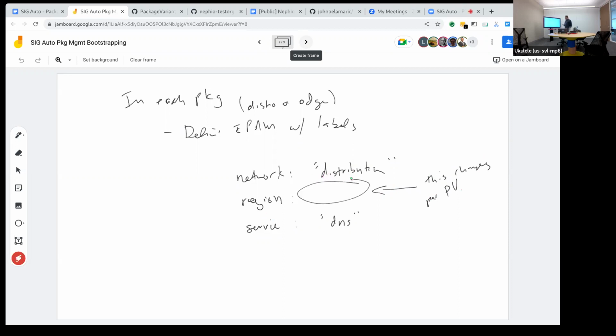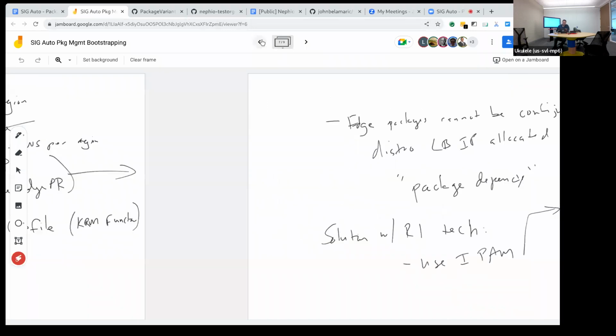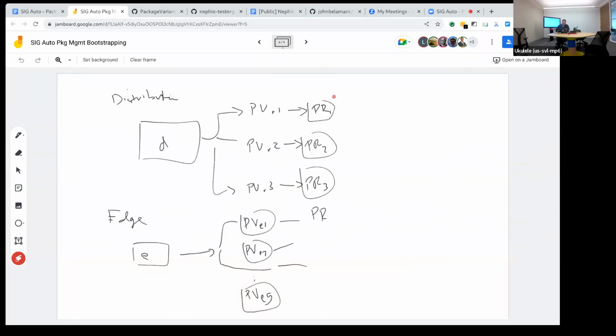So now when the package variant fans out here, the labels set on this package revision and this package revision and this package revision, the IPAM resource, actually ends up looking like net distro, region R1, and service DNS. But when we get down to this one, and it's the same for this, and it's the same for this.